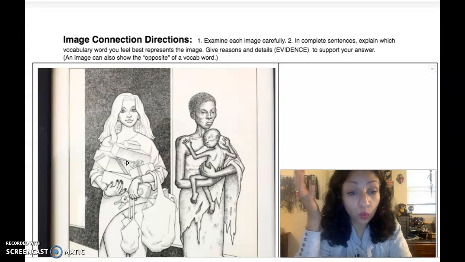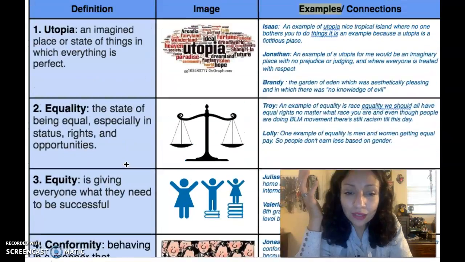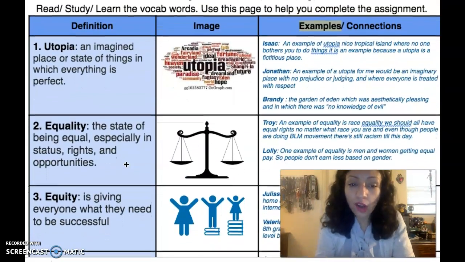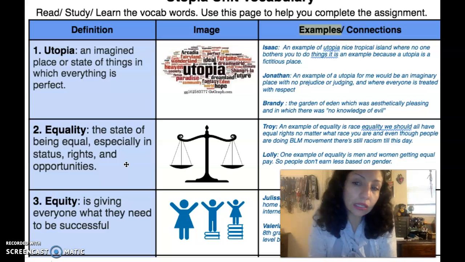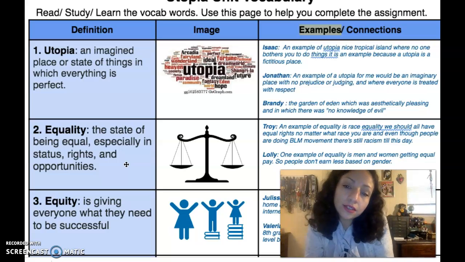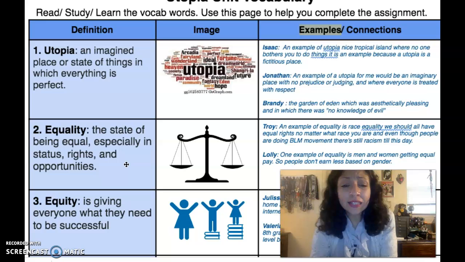Okay, so step 2, in complete sentences. Explain which vocabulary word or words you feel it best connects to. So I think the best thing to do is look over the words and figure out what are a few words that go with it. I could talk about utopia because clearly this is the opposite of a utopia, so I might write dystopia, or I can just say it's the opposite, right? It's clearly not a